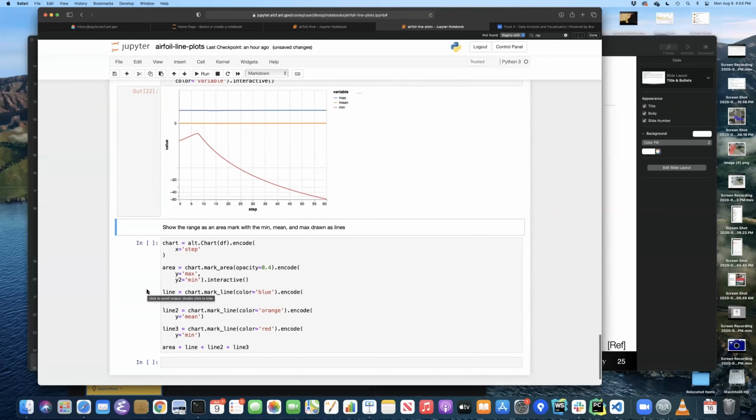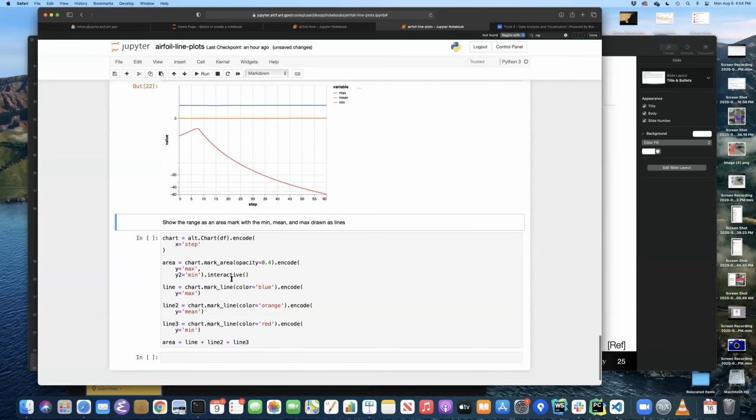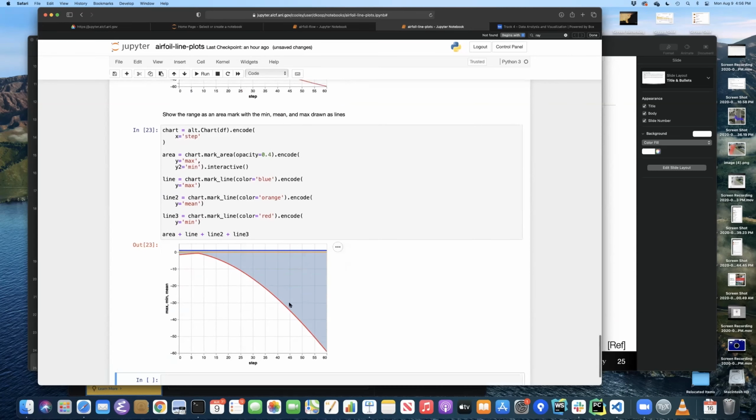Here's another piece. One thing we can do by building up these different primitives is create a plot where we fill in where the values fall. So we'll create an area mark as well as 3 line marks here. Right? What that has the effect of is drawing the 3 lines from the data, as well as drawing this region that shows where those values fall by shading in that region there.